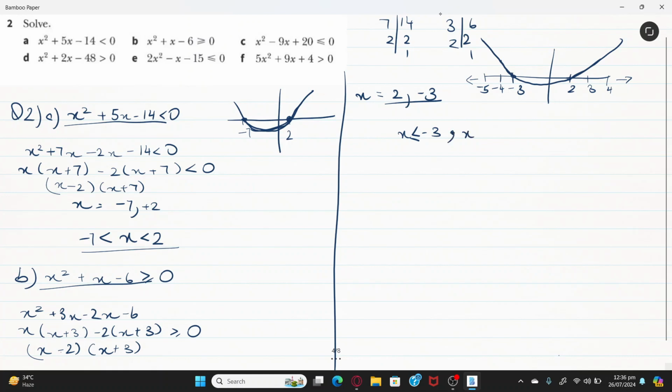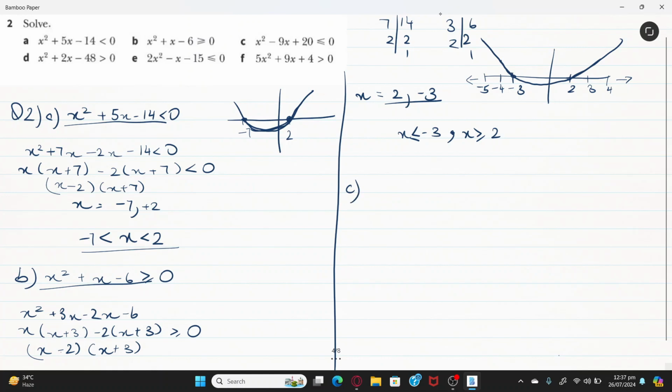And also when x is greater than or equal to positive 2, we are going to have a positive value for this curve. So that's basically what they are saying for this question. Okay, for part C,